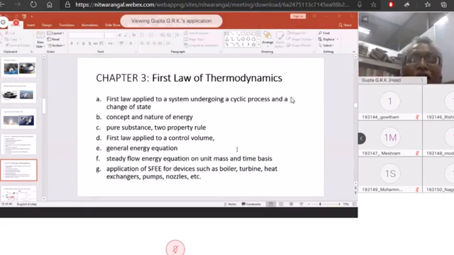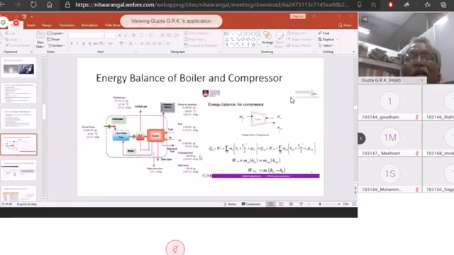And the general energy equation, we study the steady flow energy equation on a unit mass and time basis. Then applications of the steady flow energy equation to boiler, turbine, heat exchangers, pumps, nozzles, etc. We study, just if you see some of the examples, energy balance of a boiler, energy balance for a compressor,